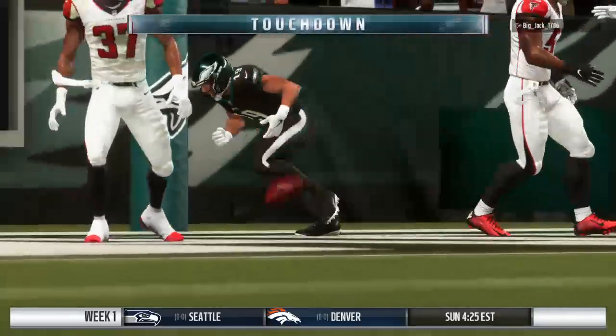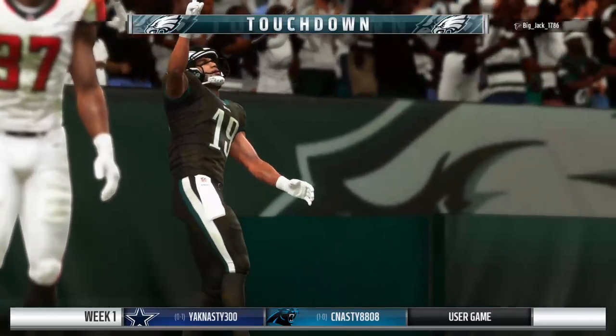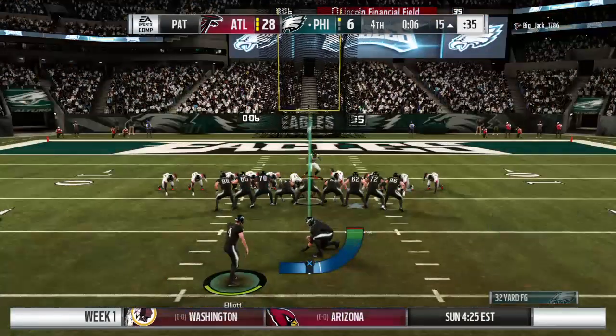Carson Wentz, that's his first touchdown pass since December 10th of last year. So they will get on the scoreboard here. Give him credit for that. Too little, too late, but...